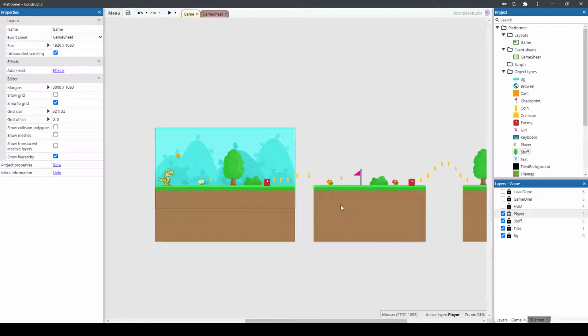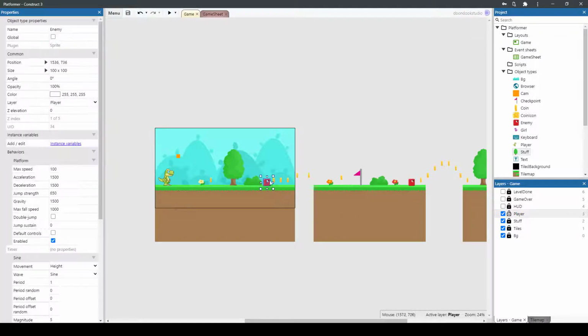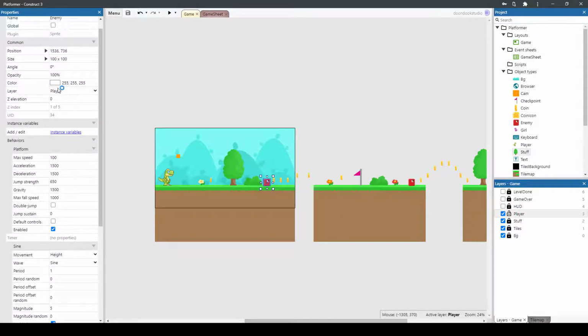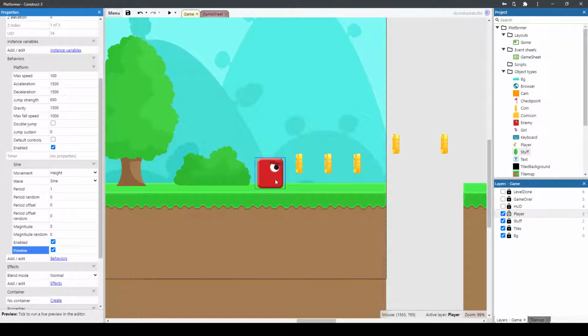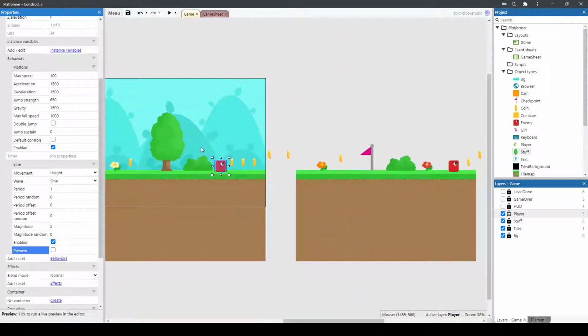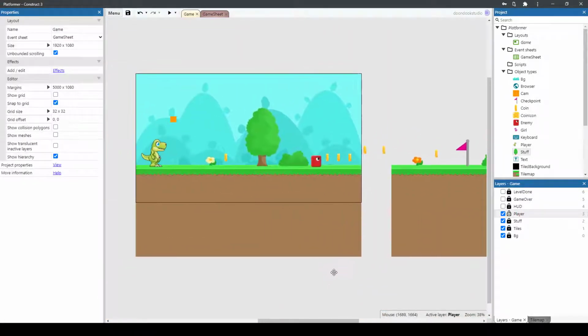Something else I need to mention is that the enemy object has sine behavior, which is for showing a little animation when it's moved, okay? Just for the show, okay? And also